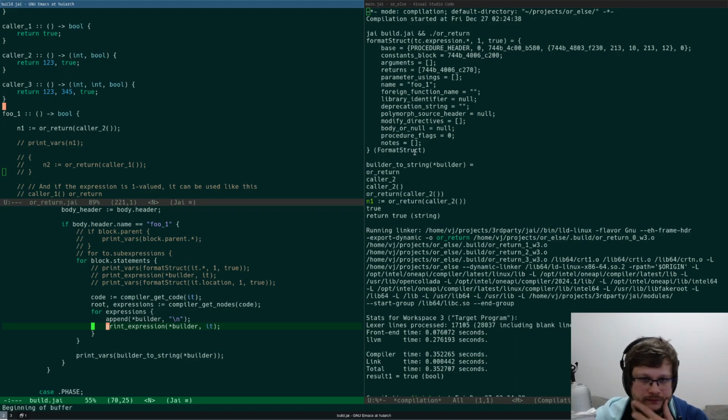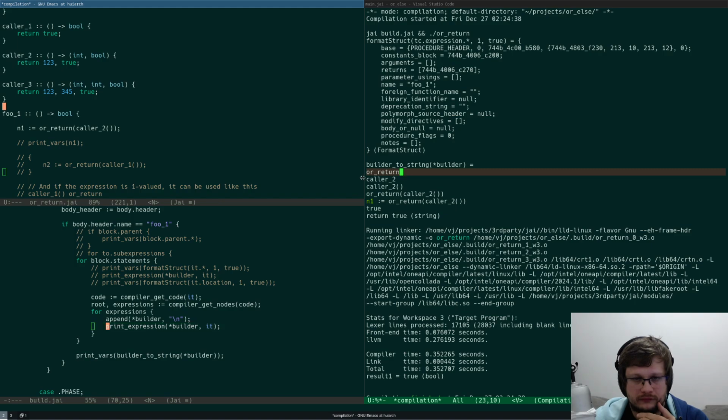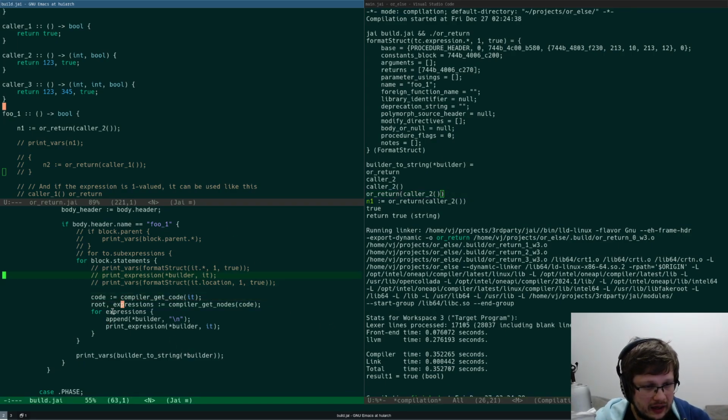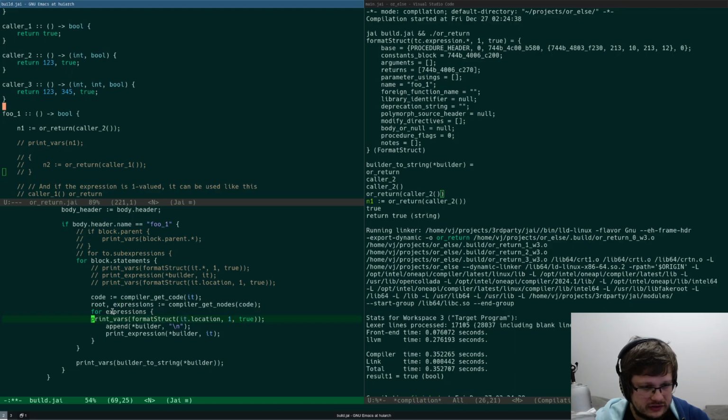Here, yeah, I get or return, color2, identifier, this, then that. So yeah, this is exactly what I want. Let me also print vars here.